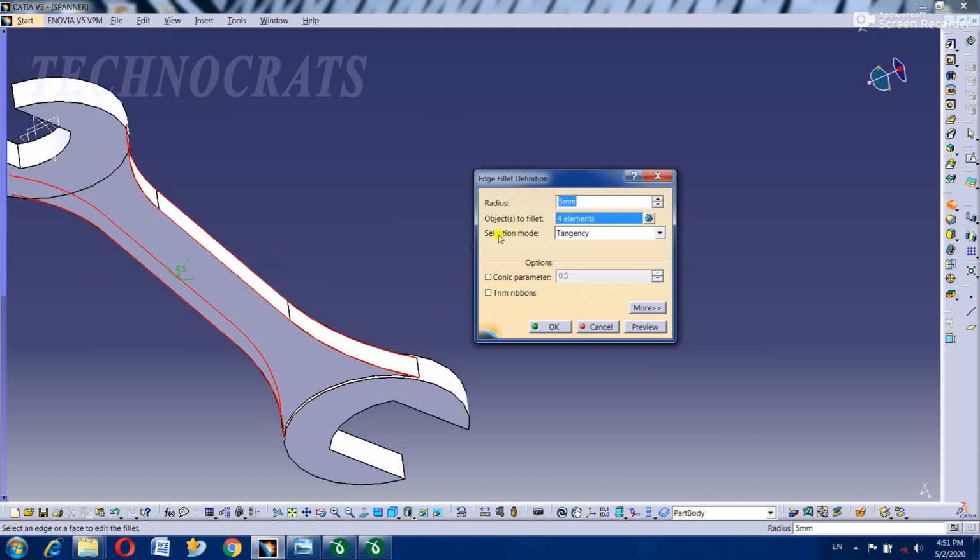Make sure the selection mode is tangency, because if you select one element, all tangent elements are auto selected. Okay, so the selection mode should be tangency. Objects to fillet 4 elements, the radius is 2 mm, preview and OK.